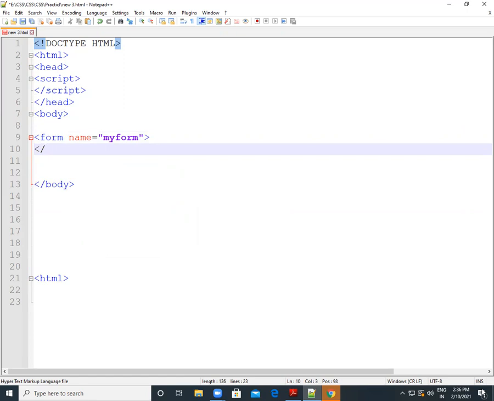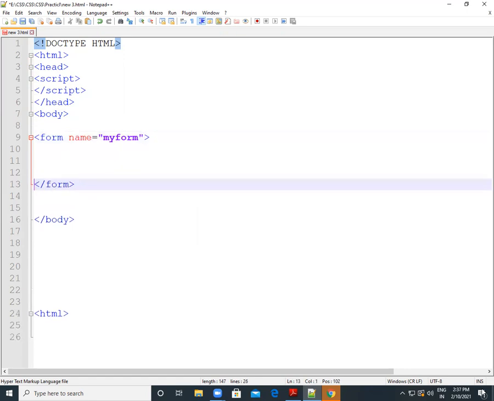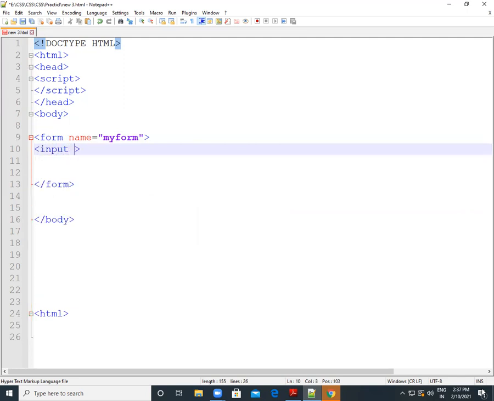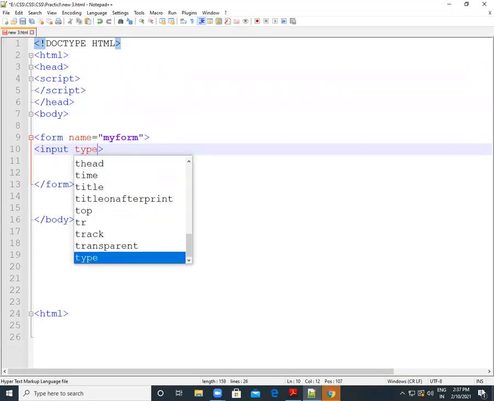Now in that form tag, we will write our actual form look, what we want. We want some input buttons. So for that we use input. Our input type is button.